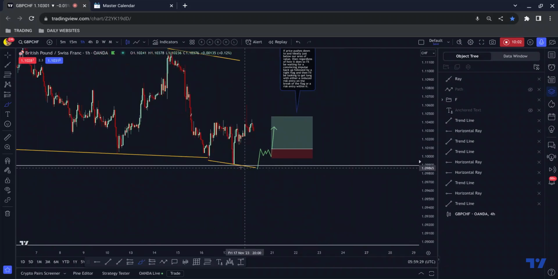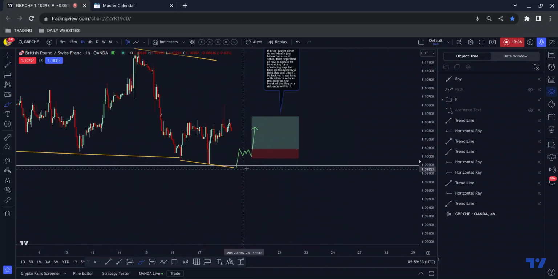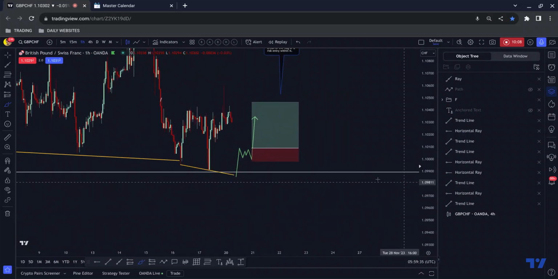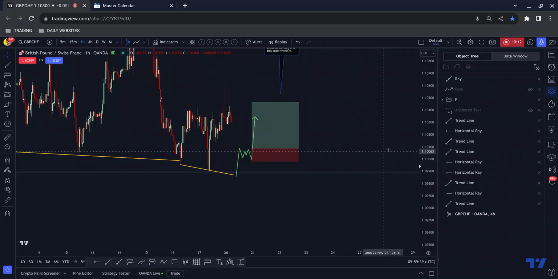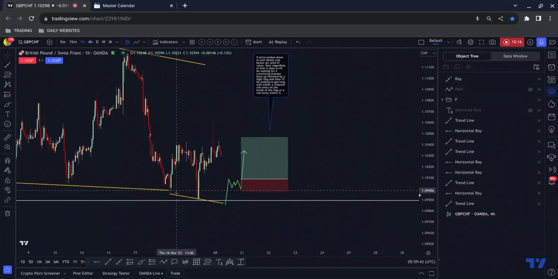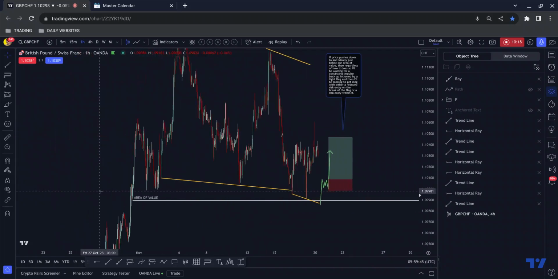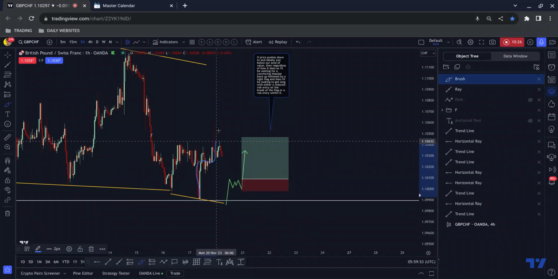Okay, I'll be waiting for price to tap into that little area there, tap into that little exchange of liquidity, push up and then flag, and then I would look to get long on the break of the flag. This may not be ready by the end of the day. It may not even shape up at all. But if it does, that would be a 1, 2, 3, which taps into that exchange of liquidity, which is in alignment with the higher time frame direction, and which just so happens to have a 1, 2, 3 middle